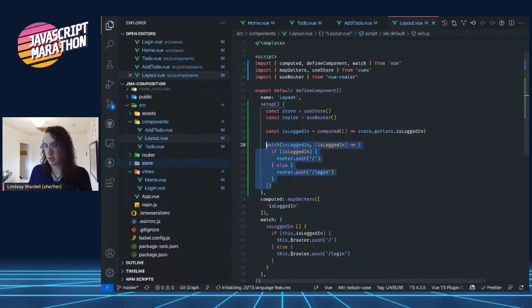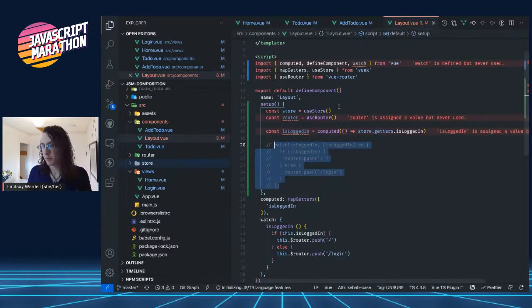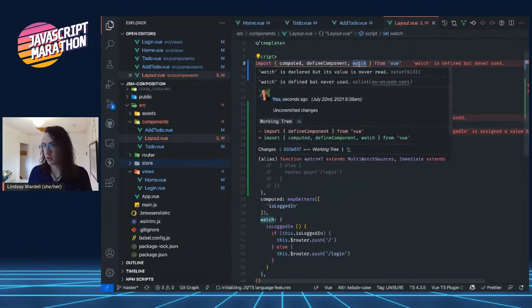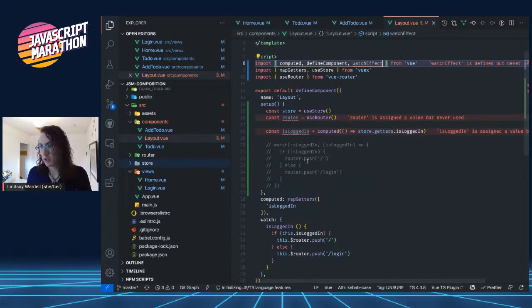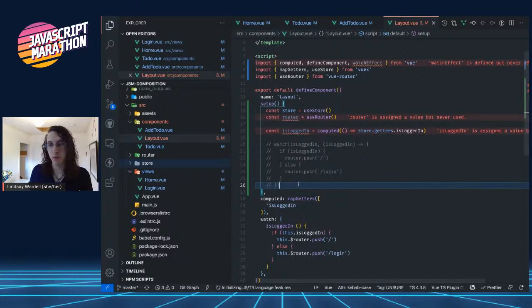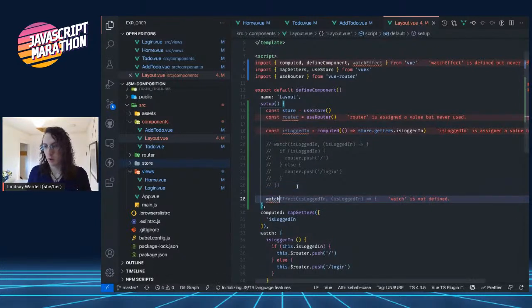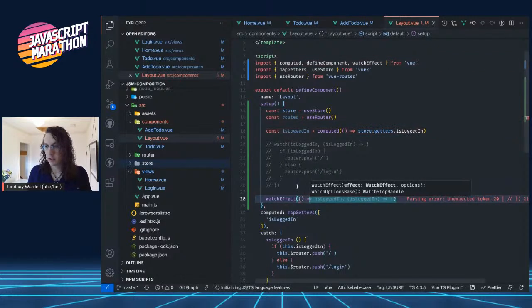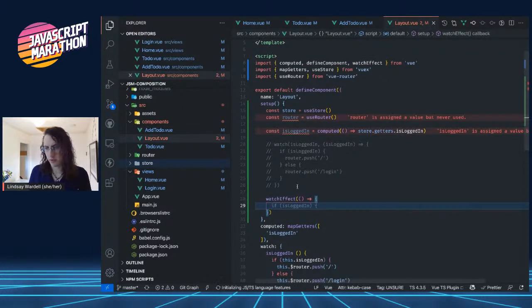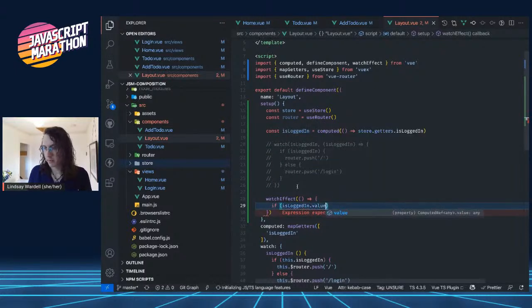The other way we could do this, I will comment this out for now, is watchEffect. Now, watchEffect is a little bit more like, if you're familiar with React, the useEffect, where just something happens. Or, for example, with a computed property in Vue, where anything inside of the function triggers the thing to happen. So watchEffect is pretty nice. So we'll do a watchEffect here. And that just takes a function. And all we have to do is if isLoggedIn.value